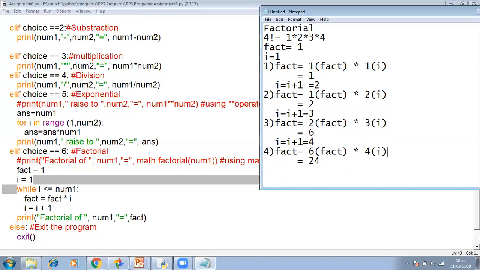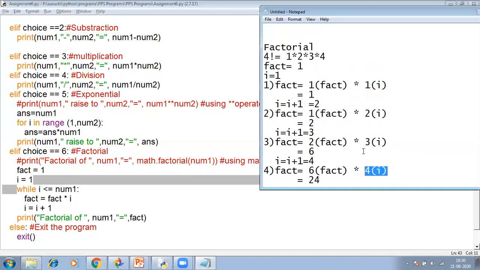This is your value of I. And again increment I by 1, which will be equal to 5. Now do we have to multiply it 5 times? No, we have to find it only till 4 factorial. So then we will stop.